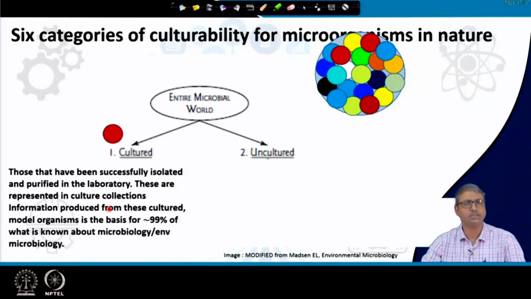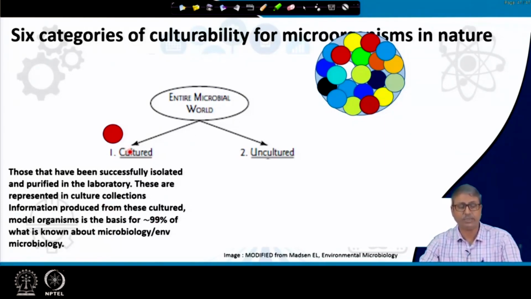represented in culture collections. We have several international culture collections where these organisms are deposited and maintained, and some of them are often considered model organisms, and 99% of what is known about microbiology and environmental microbiology, whatever science we know about the scientific basis of our environmental biotechnology, the microbial part of that, in most cases relied on those few cultivable bacteria, because